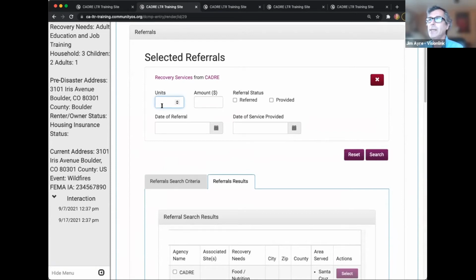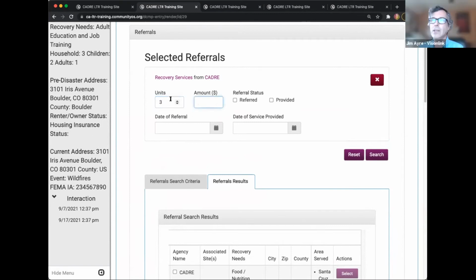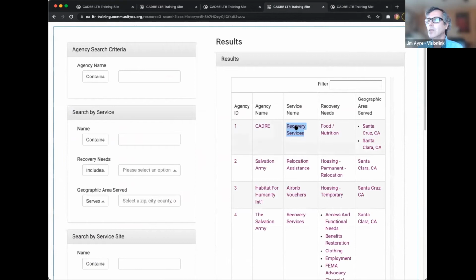The units will change based on the service. So you might have recovery services, which are hourly, it's a human service, so it might be 3 units, and there isn't necessarily a thing that says this unit is one type. What you could do is, let's see here,